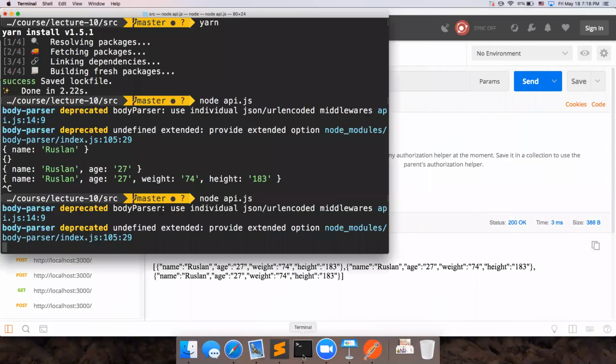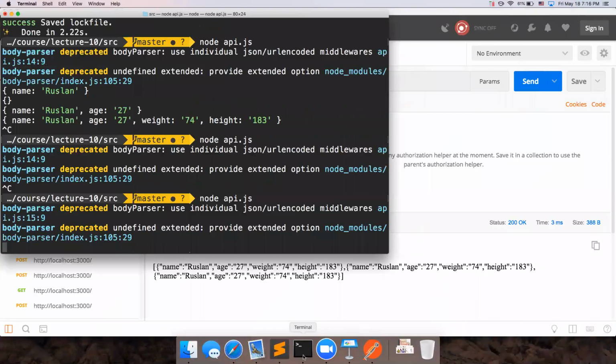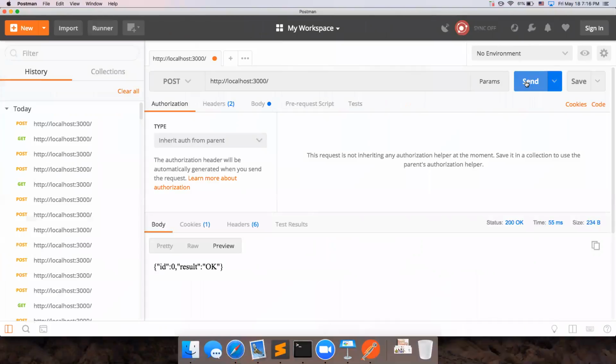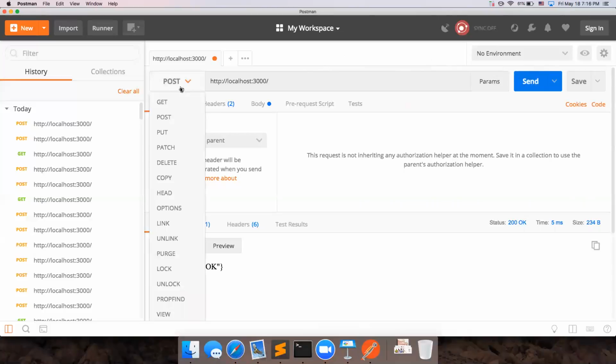Okay, let's test. Okay, so I have everything from 0 now. Let's insert it. I got that ID is equal to 0 because this is our first ID, right? If I insert it again, ID is going to be equal to 1, 2, 3, 4, 5, 6. And if I get this item right now,